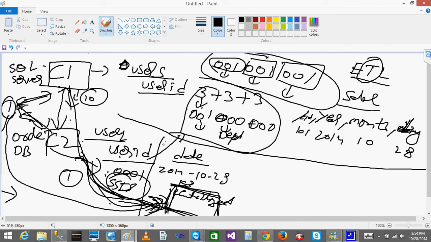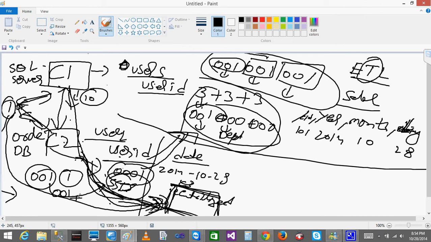Transforming means, since this user ID is different from this one, you will convert this user ID to this user ID based on the requirement. Let us say, definitely when they acquire a company, they will give some location to it. So you will add that location manually, plus you will add that department, plus you will give that user ID number. So you will manually convert.